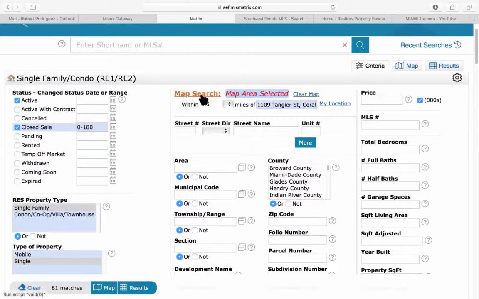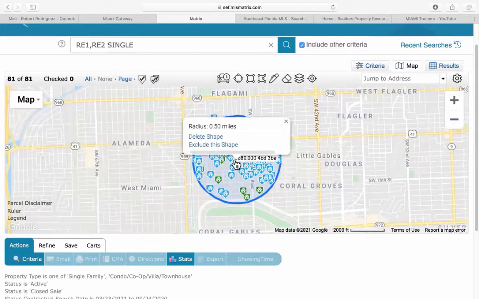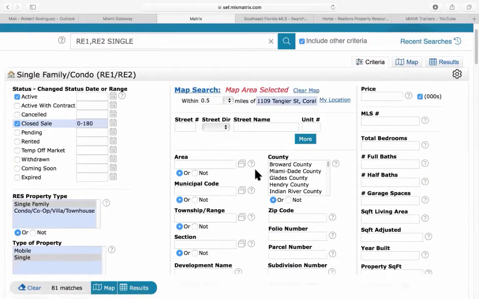If you want to see it, click on map, and it's going to show you. Here's the center point, and here are all the comparables in the area. Okay, that's all the comparables in the area. Now, we're going to go back to criteria, and we're going to make sure that we're looking inside of